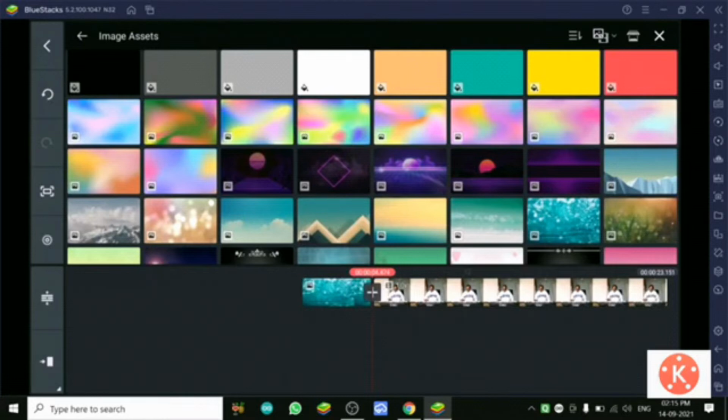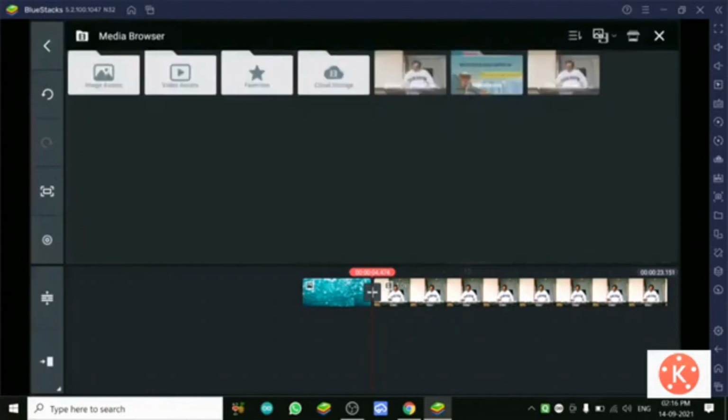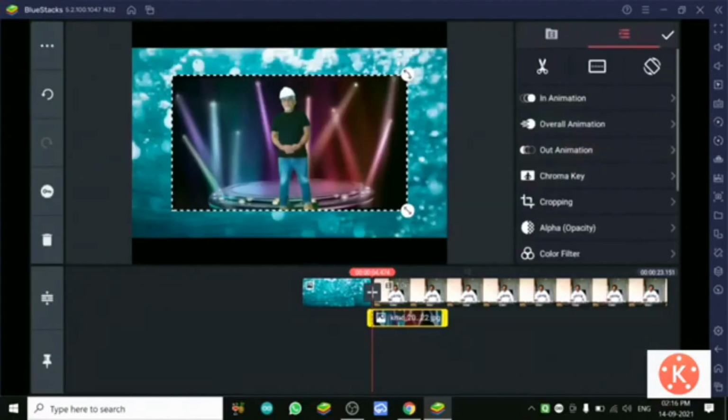On this background we will start working on something about the rotation. So I will bring another video which I have to edit, for which I have to make rotation from the layers. I will go to layer, from the layer to media, media to here, so that it will come on the layer, not on the main media. So that when it comes on the layer, we can edit it in any way.